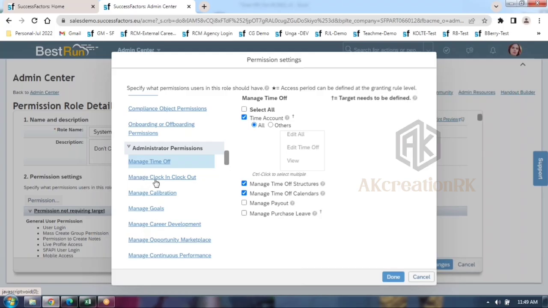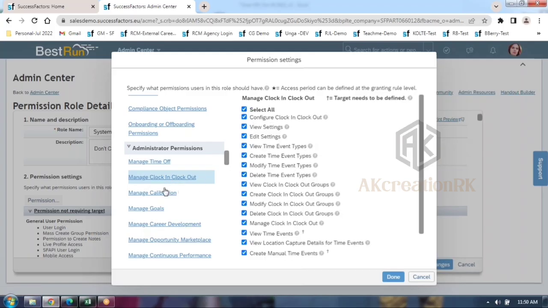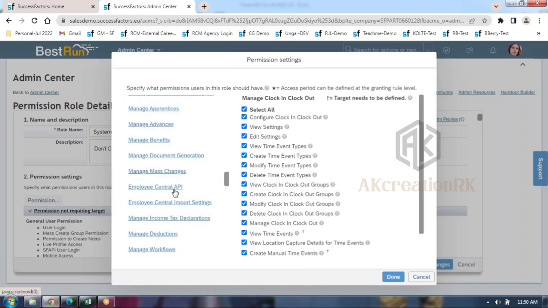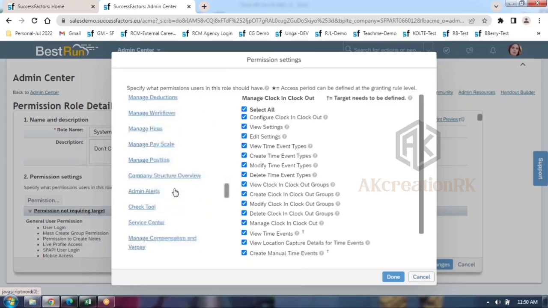Then clock in, clock outs. So anyway, we don't have this one. Just an example I'm telling. So manage time off is our responsibility. Any other time related features available here?